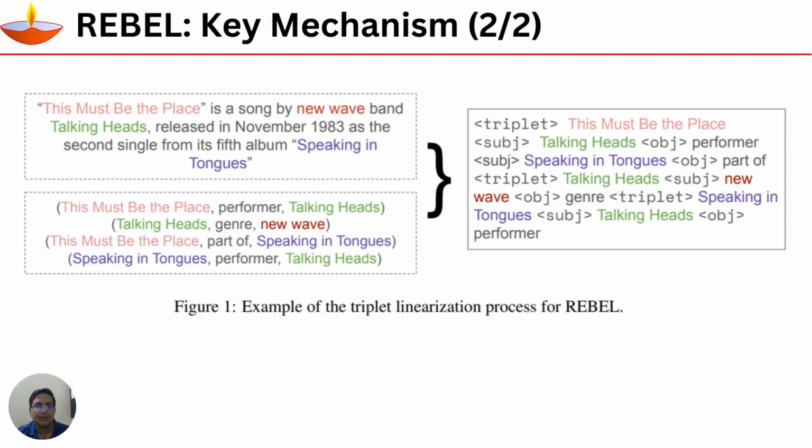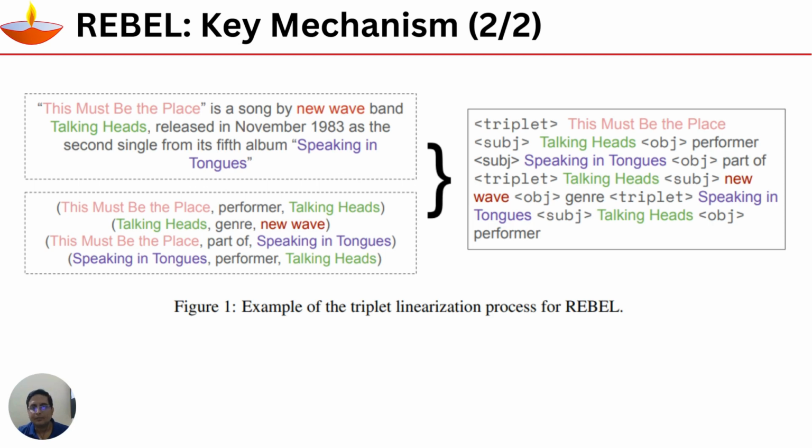The song is part of this album. So that's why we have this as the subject, the relation is part of, and the object is Speaking in Tongues. Now, Speaking in Tongues is again an album, and the performer for this album is Talking Heads. Okay, the band name is Talking Heads. So we have to essentially extract all these relations, and the way REBEL generates the triplet linearization is